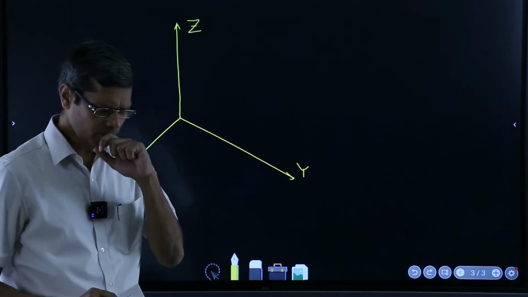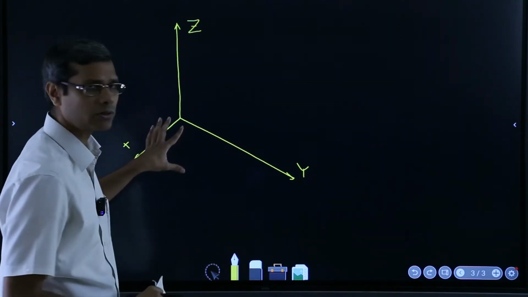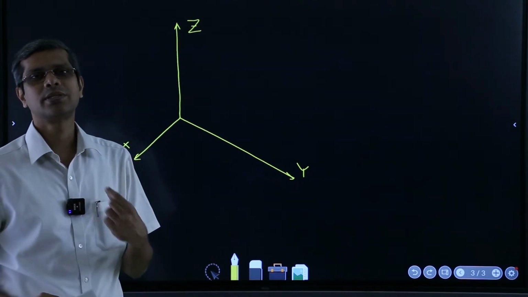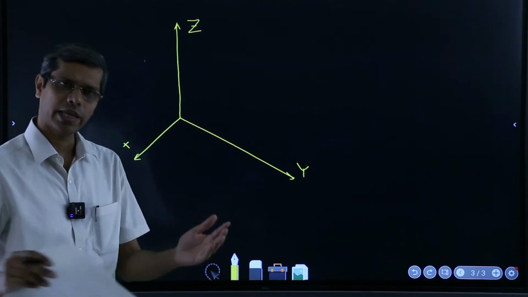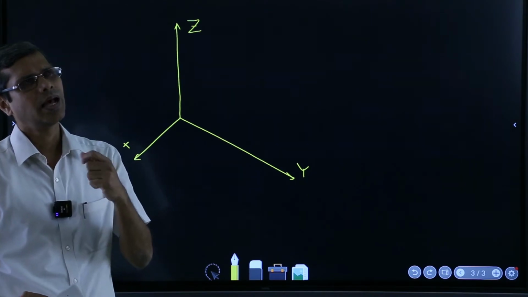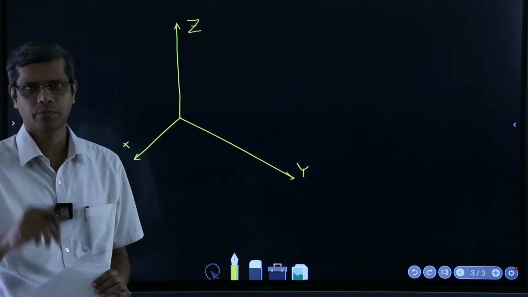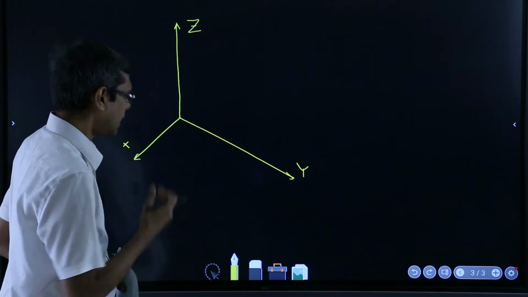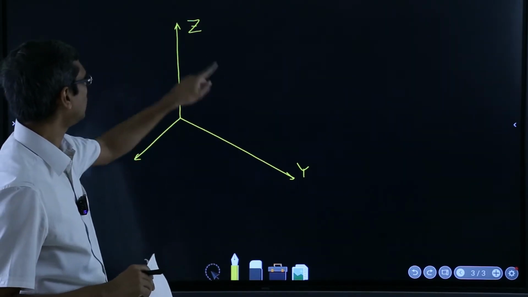In fact, you can think of this in another way: you have defined your coordinate axes in such a way that the z axis coincides with the direction of all the forces, because anyway all the forces have a single direction. A better word is orientation, because the sense can be different, one downward, one upward, but all are in the same orientation.